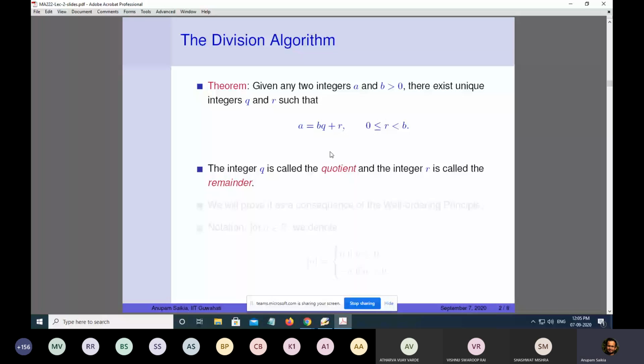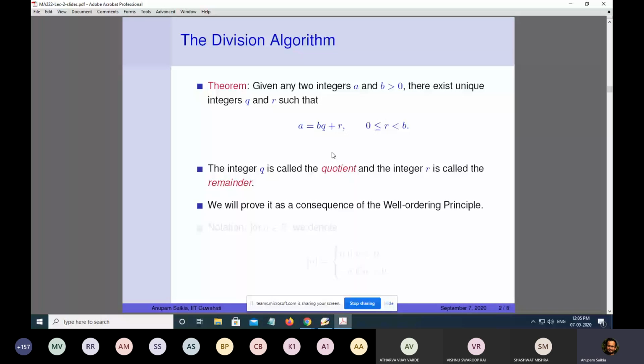Okay, and how do we prove it? We can prove it as a consequence of the well ordering principle. Okay, we all know what the well ordering principle is. We discussed this in the last class, that if we have a non-empty set of positive integers, it has a least element. That's the well ordering principle, and we are going to apply this